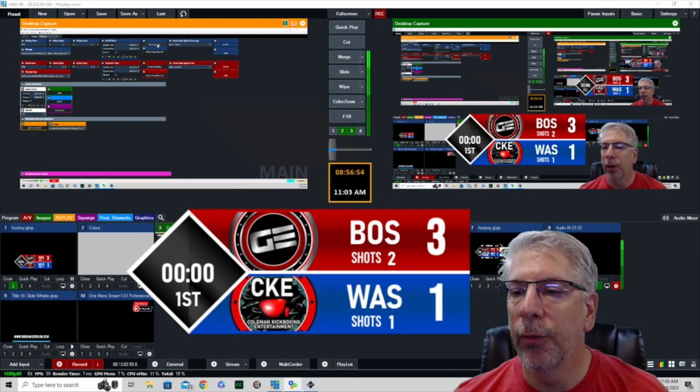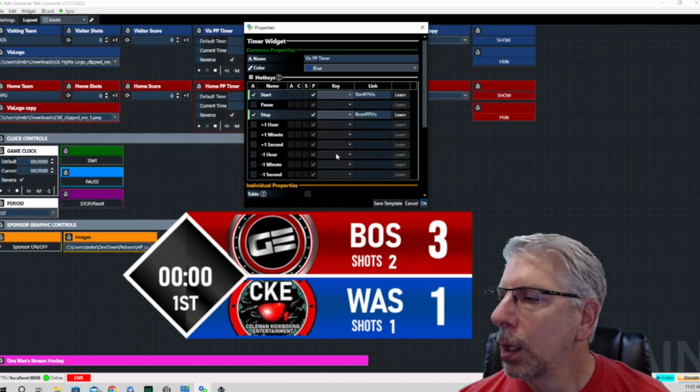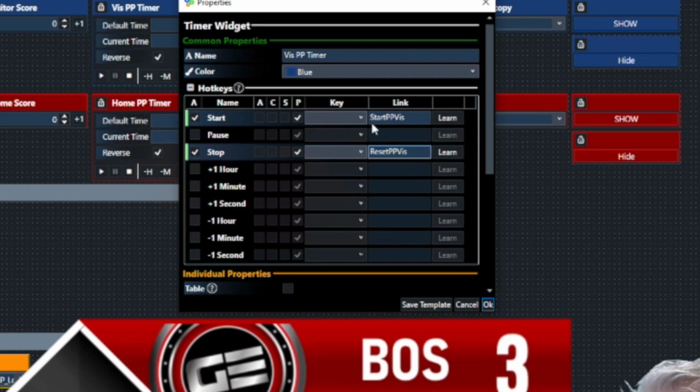And then at the end of whatever that set amount of time is, it goes away. So let's go up here and look at the clock and see what we did with the clock. Okay, so we have a few things going on with the clock right here. You can see where I checked the tick box next to start and the tick box next to stop. And I typed in these links right here that say start power play visitor and reset power play visitor. And I'll show you why we created these links and how we are going to utilize those in just a